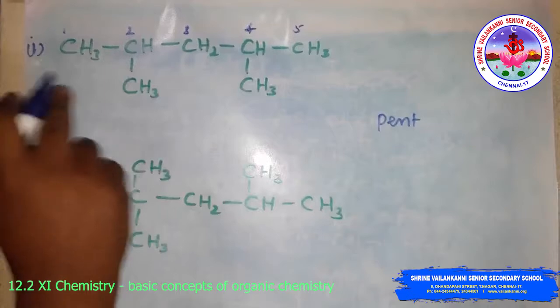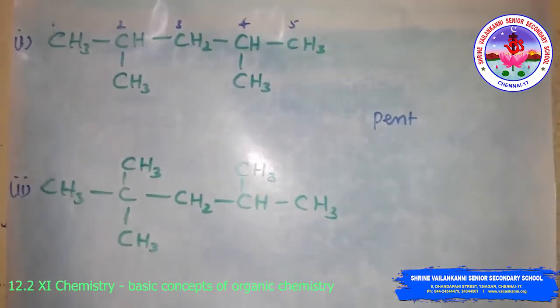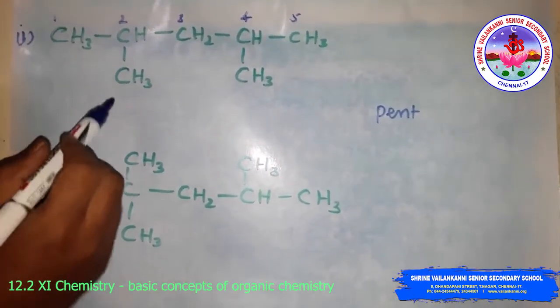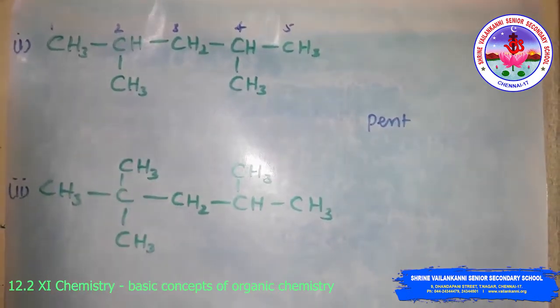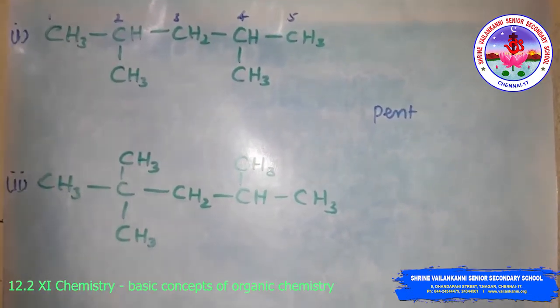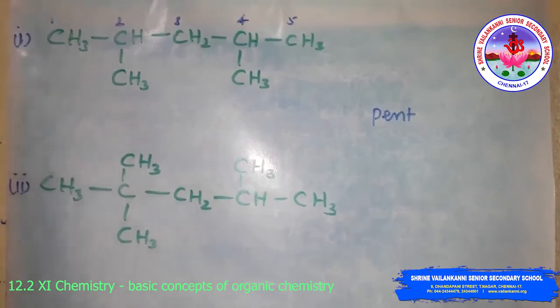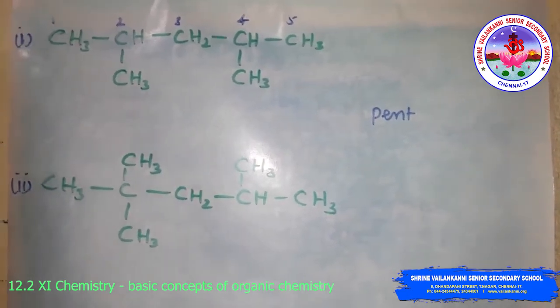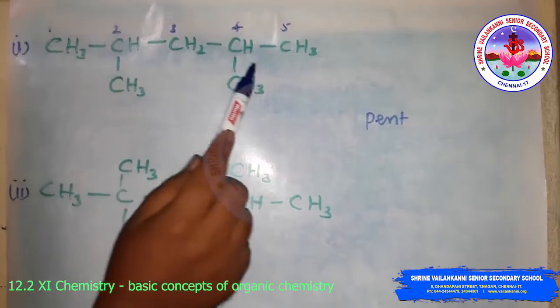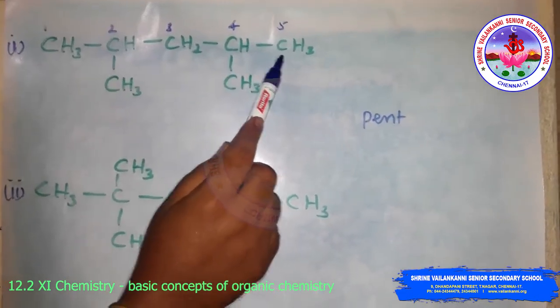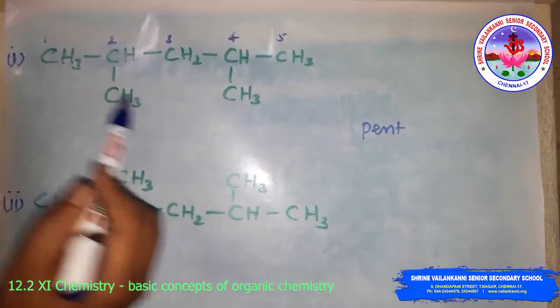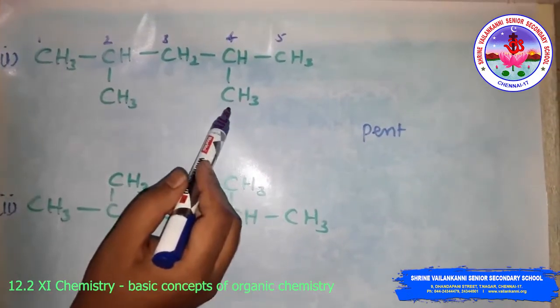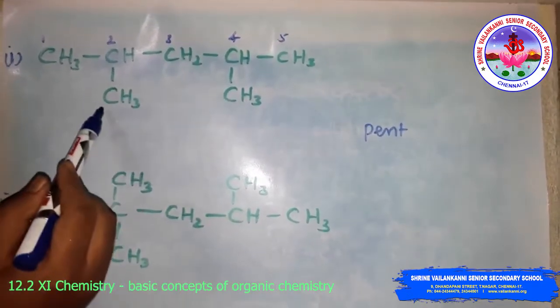Okay, that means the alkane is pentane. Then the branching also here: the 2nd position has one methyl group and the 4th position has another methyl group. You could number it like this, and it is also possible to number from right to left. That is also possible because here also the 2nd position has a methyl group and the 4th position has a methyl